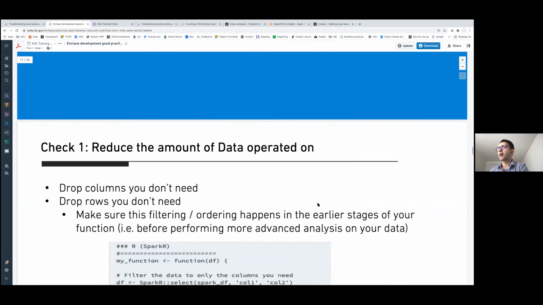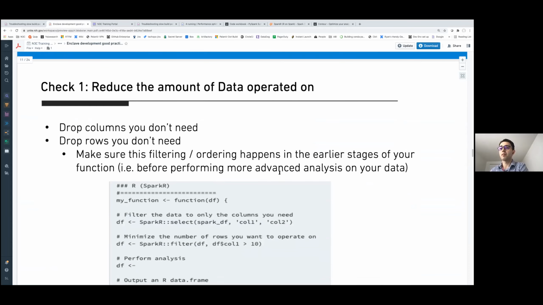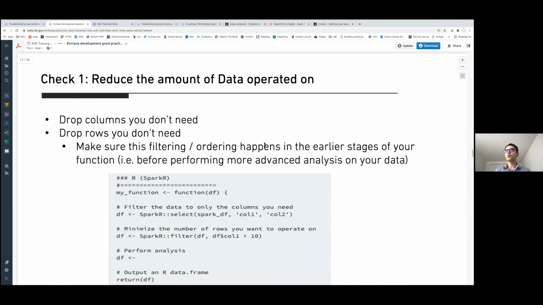One of the most basic and very helpful things you can do is just to reduce the amount of data you operate on. When you operate on something like a measurement table, which is 2.3 billion rows, you probably don't need all the columns from that measurement table to run your analysis.